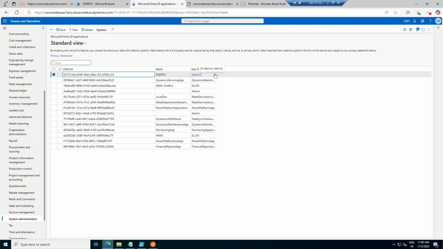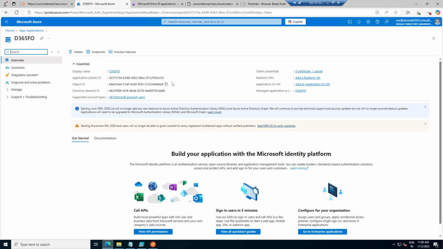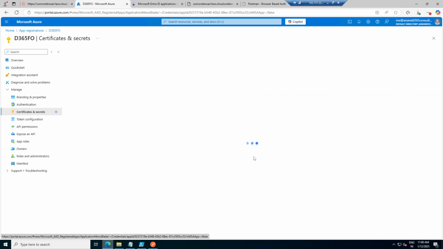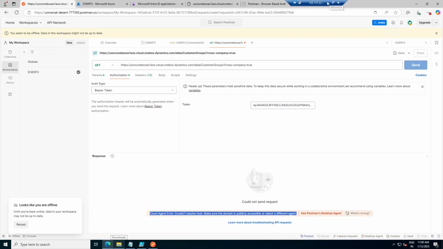I have also created the user for me, and if you go to the users, this is the email ID with which my portal.azure.com is logged in. So the client ID you will get from here, you will get a directory ID, which is required, and then there is a client secret. To create a client secret, you can simply go to certificates and secrets. From here, the secret value is required. I suggest you copy it into your Word file and then go ahead. Let me go to the